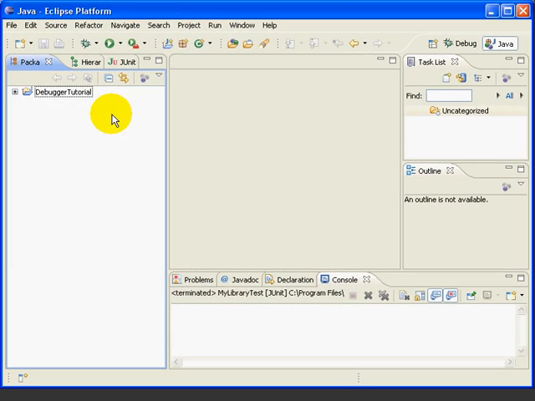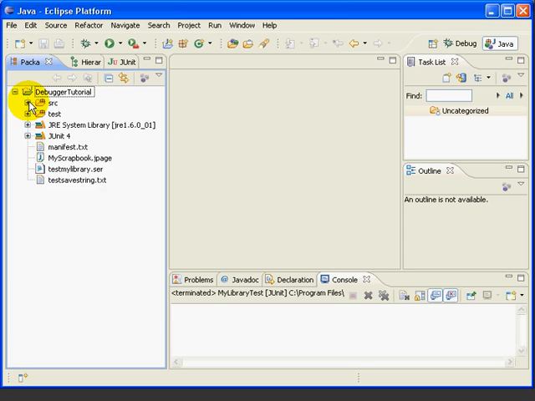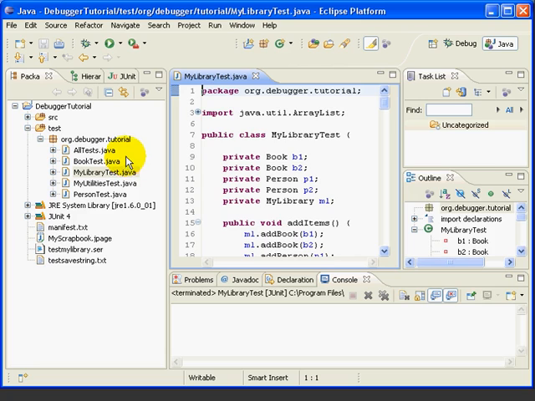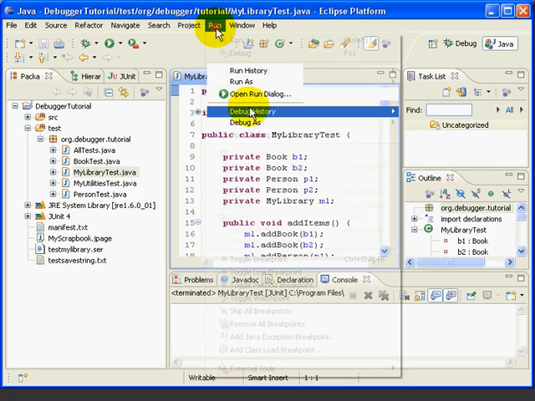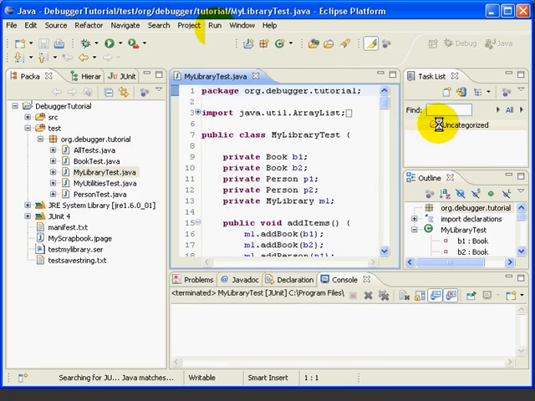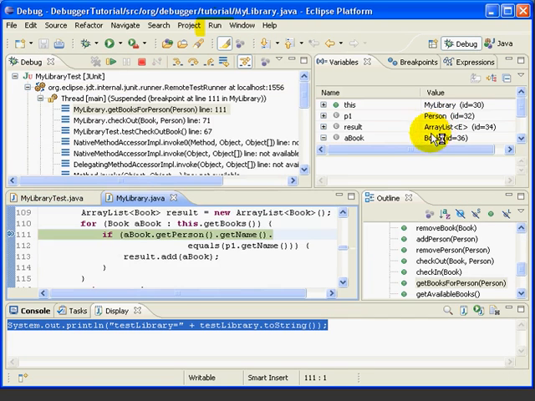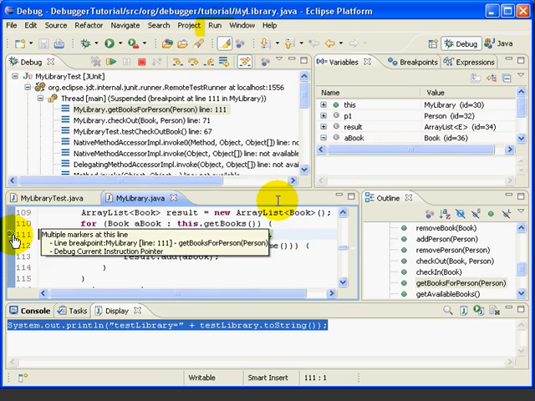Recall that in the last lesson we found the expression in line 111 that's causing our null pointer exception. Let's start a new debugger session. So we'll open up our test class, open up the MyLibrary test, go run debug as JUnit test. So we'll open up our debug perspective, and since we have our breakpoint at line 111, we stop at line